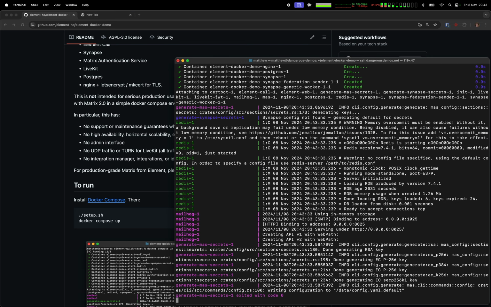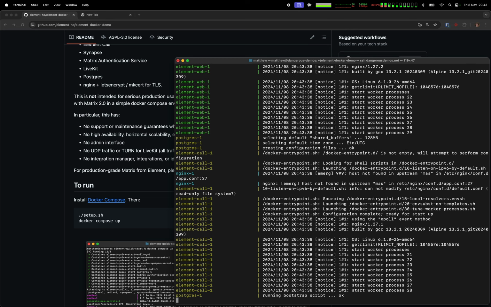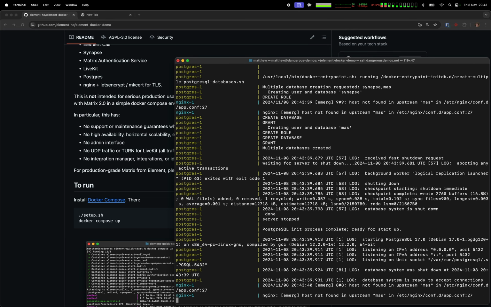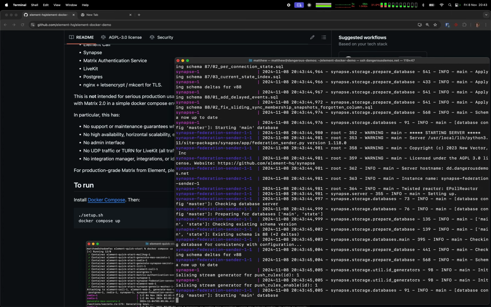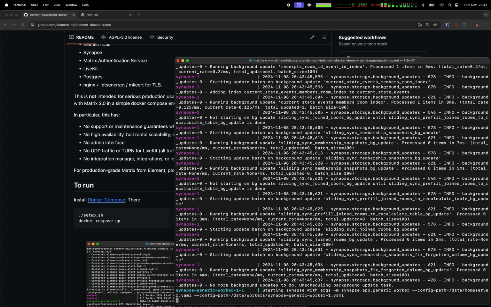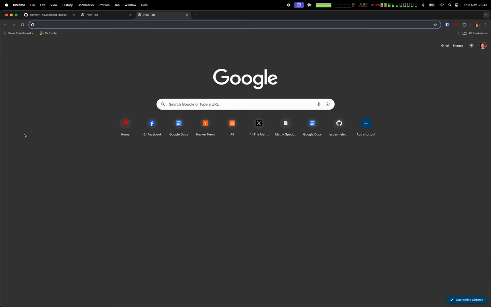So this sets the containers going, sets a Redis going, and the MailHog. It generates your MAS secrets and your Synapse secrets. It sets Element Web and Postgres going. Sends Nginx up, Synapse there, sets up, and that's it. It's live. So if I go now to,